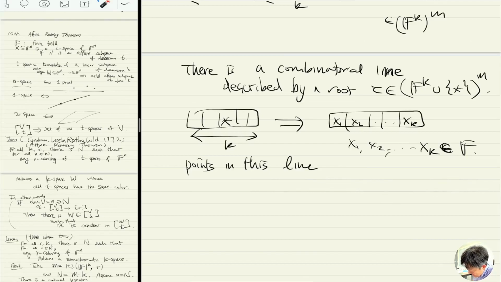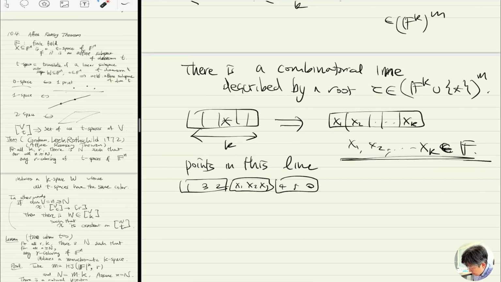Let me give you an example. So for instance, I have 1, 3, 2, and this is star, so the x1, x2, x3, and 4, 5, 0, right? And I can put any x1 to 3 by any value, and all of them have the same color because that's a combinatorial line, and this line corresponds to, yeah, I mean they correspond to,